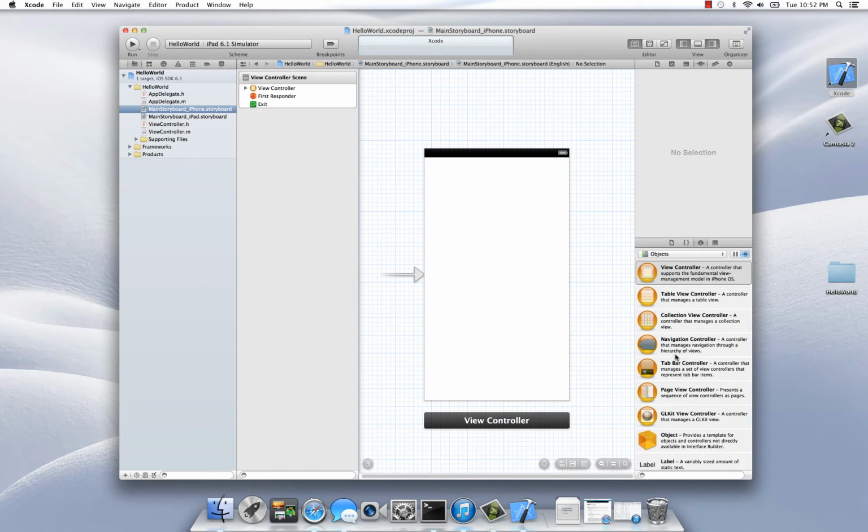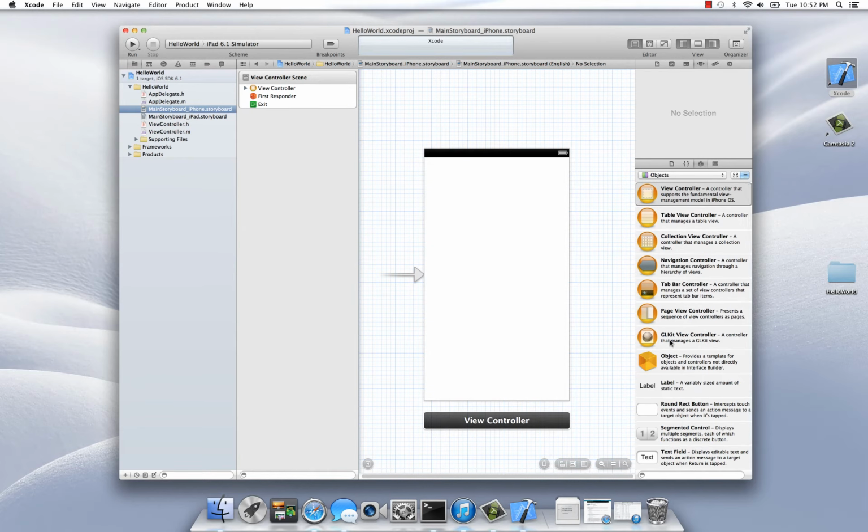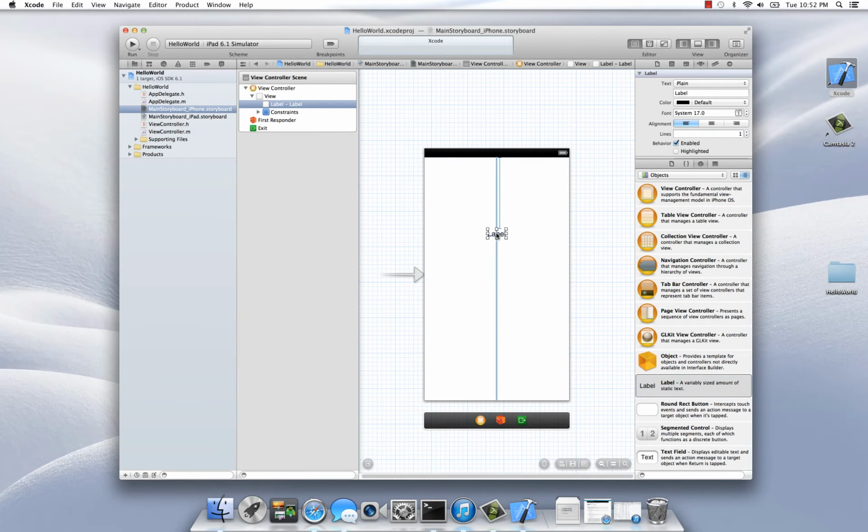Now over to the right, I've got my Objects Inspector. And in order to get Hello World onto that screen, I'm going to select the label option and drag it over and kind of put it in the middle of the screen there. Now you notice when I do, some properties show up over here to the right hand side, and you can see the text that's written in there, label. I can change that text in a couple different ways. I can double click inside this box, or I can just type it here. I'm just going to go ahead and type it in the input box.